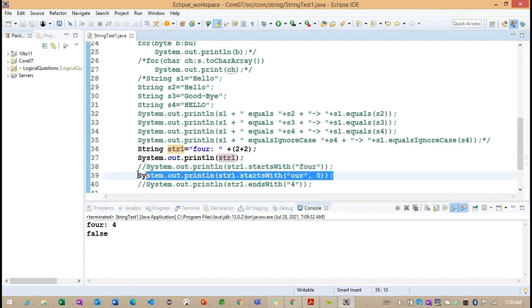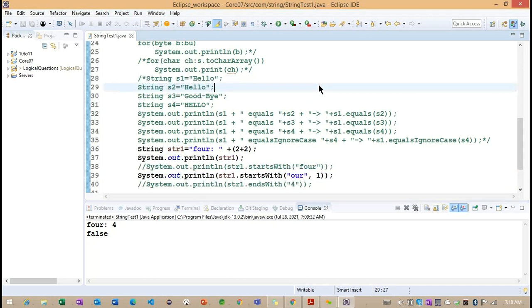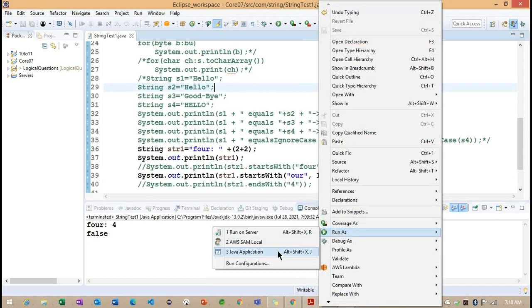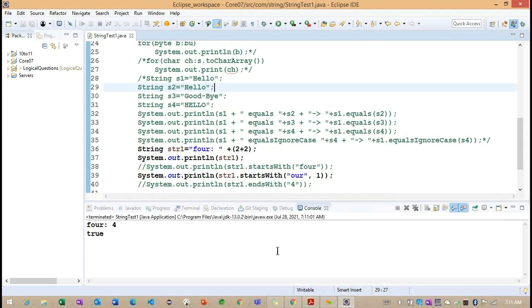So this is the second method, which is expecting an int parameter. The int parameter is nothing but from which index onwards we are trying to search the given string here. Getting the point. Now you can understand, if I'm going to change to the 1, now you can see this will return true.